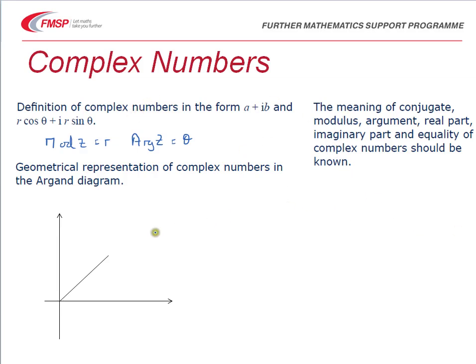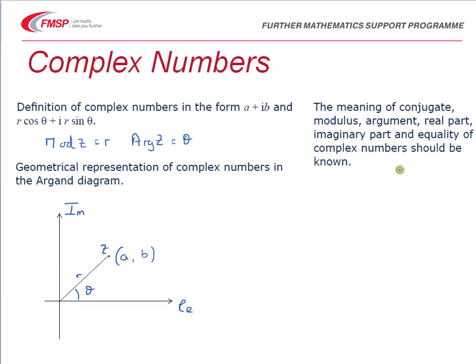In terms of the diagram, the geometrical representation, a complex number is represented by the point on the complex plane where we've got the real axis and the imaginary axis. So we can think about it in terms of its rectangular coordinates a, b, or indeed the polar coordinates r and theta,